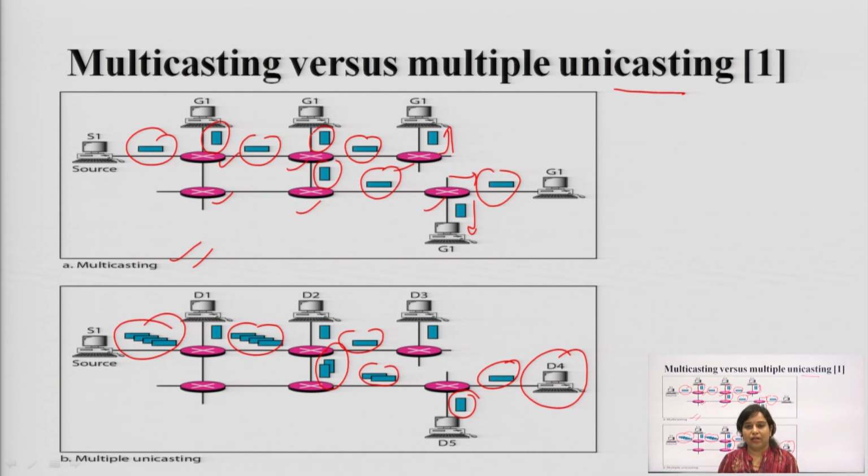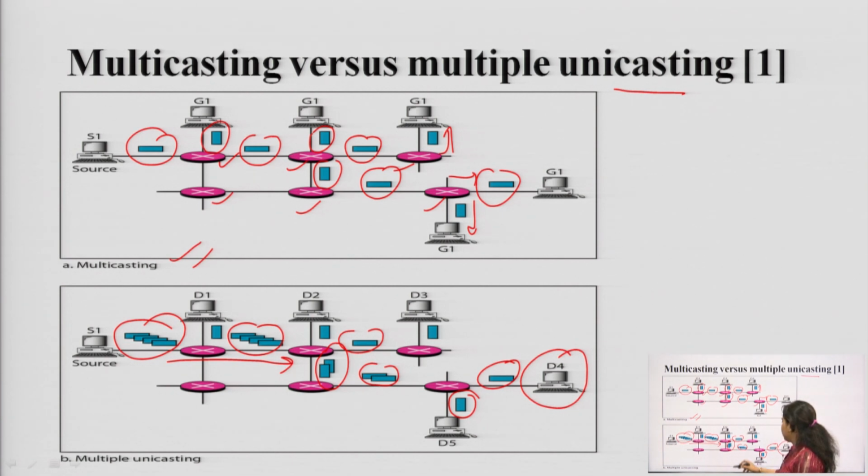In case of multiple unicasting, the unicasting is done at every point, once, but the number of packets transferred will be more than one, and they will follow the common path. Like you can see, this packet will follow this path, then at every router you can transfer different packets. Like you can see, 2 packets will be transferred to this router and 1 packet will be transferred to this router, and the remaining one will be forwarded to the next router.